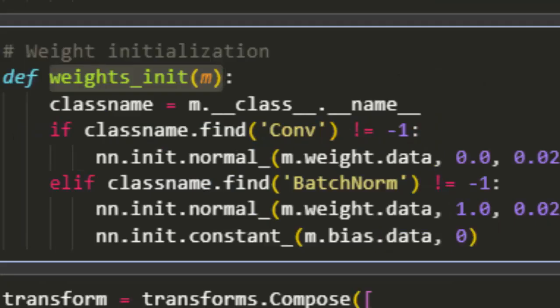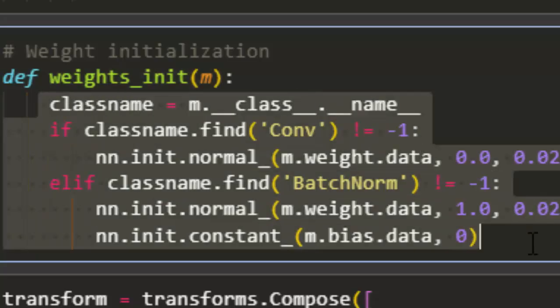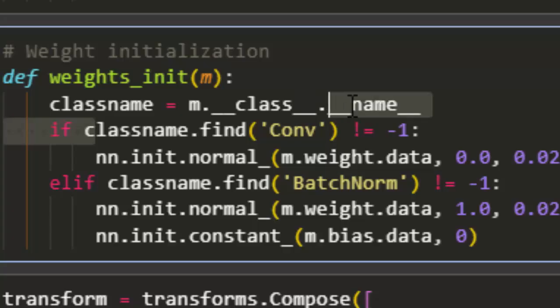And this function is designed to be applied to every layer in our neural network. It inspects each layer, identifies its type, and then sets its starting weights and biases according to specific rules. Why bother with this? Because with GANs, PyTorch's default random initialization often leads to training instability, causing the network to fight poorly. So what we do is, if the layer name is Conv2d, we come in here,